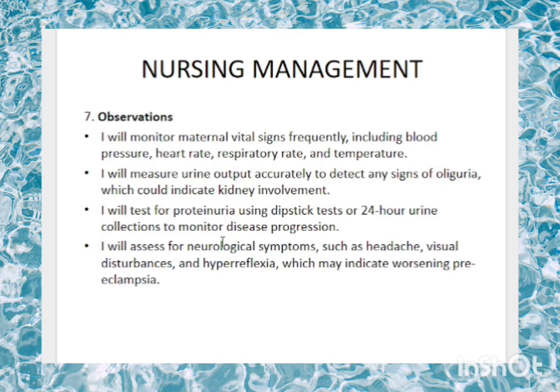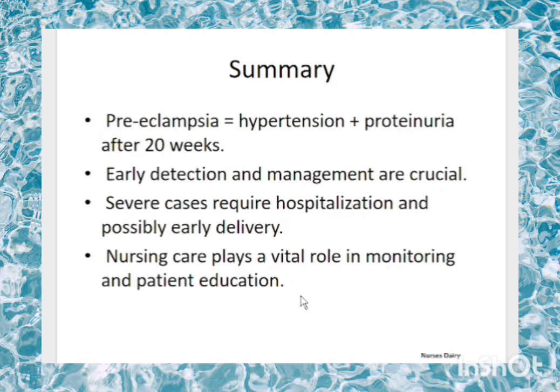And then I will also assess the neurological symptoms, such as headache, visual disturbances, and hyperreflexia, which may indicate worsening preeclampsia, or signs of severe preeclampsia. And then in summary, in today's lesson, we've discussed that preeclampsia is hypertension